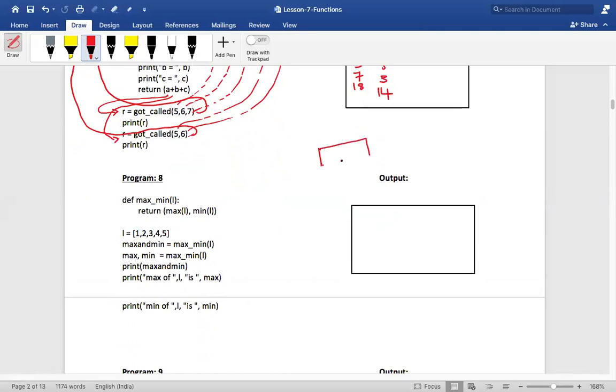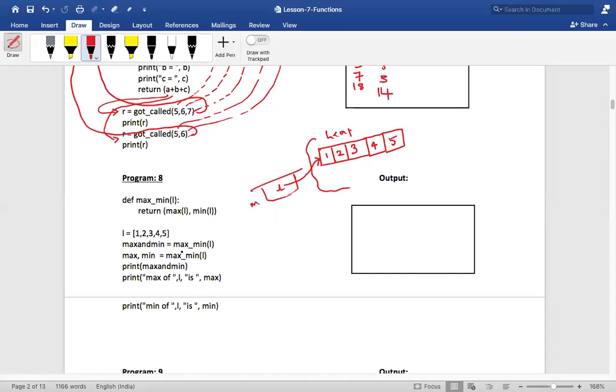Assume this is your list and this is on the heap. This is 1, 2, 3, 4, and then 5. And this is referenced by the main context, isn't it? The global context. And L is here, and L is referring to this list. Is this right, Akshada? Whatever I've done now? Yes, sir. This is the main. I'm just writing it as main.